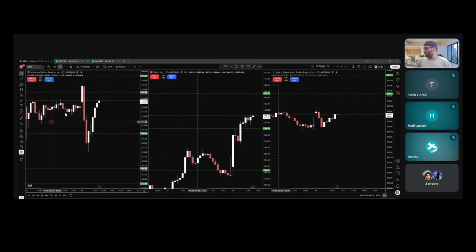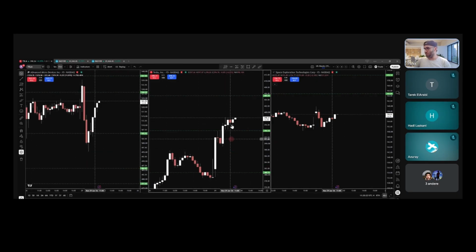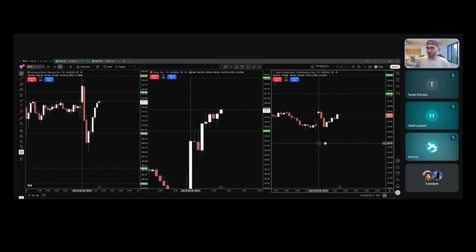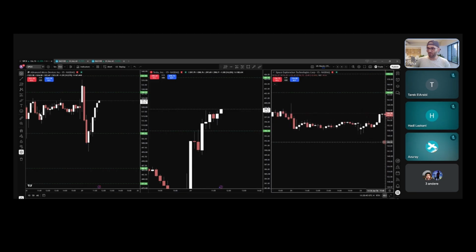That was here, and again that one is going up, and here you see, that's what I like about Tesla. Tesla is more clean compared to the other two actually. Sometimes you have, for example, more signals coming from AMD, SpaceX, then you have to accept it if you're only trading Tesla. But if you're trading all three of them, if you get a signal is here, it's much cleaner actually. So now if we come to SpaceX,